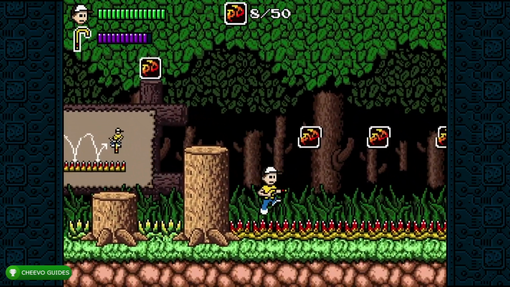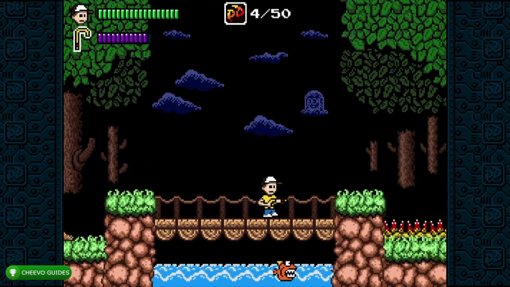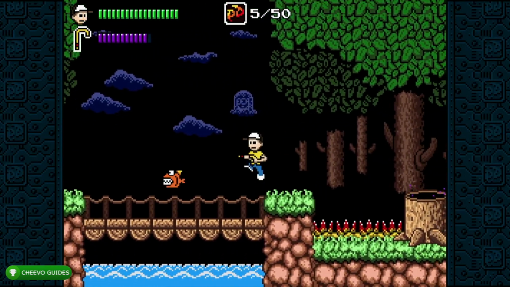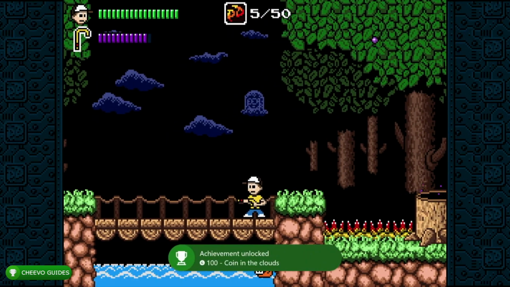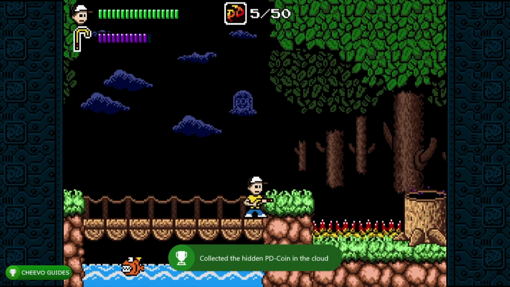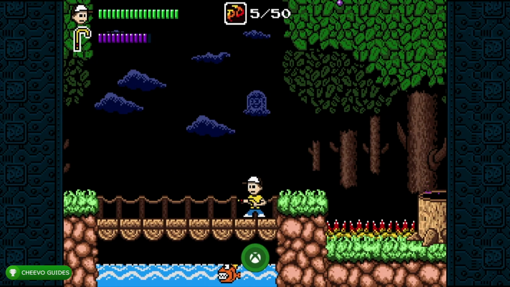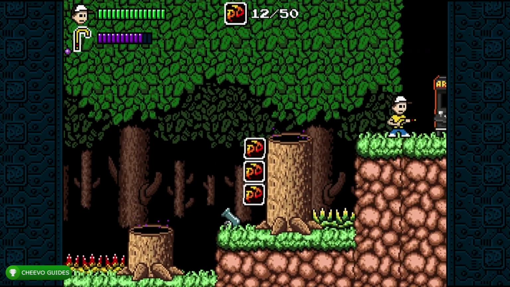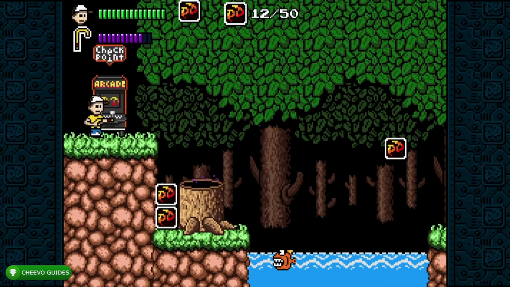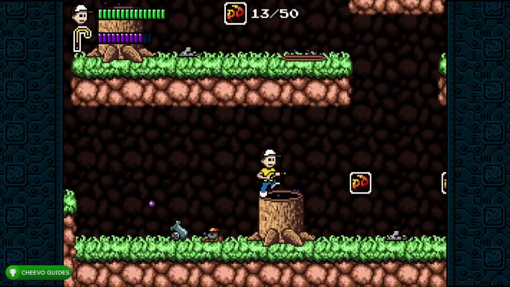Also want to keep in mind there is an achievement for finding a secret coin inside of the cloud. It is right here on this bridge next to this fish. You want to jump up and touch that cloud right there. Once you touch a cloud, you are going to get your achievement for 100 gamer score for coin in the clouds. So make sure that you don't miss that one. I guess worst case scenario, you could just use the level select and come back to the forest. It is pretty close to the beginning of the level, but hopefully you guys are following the guide and you